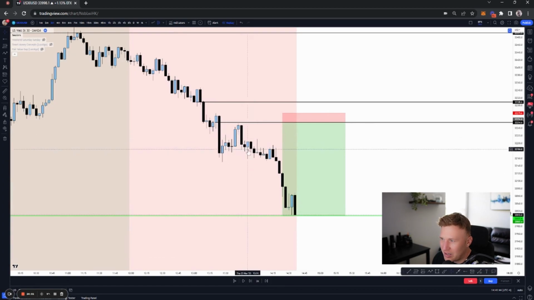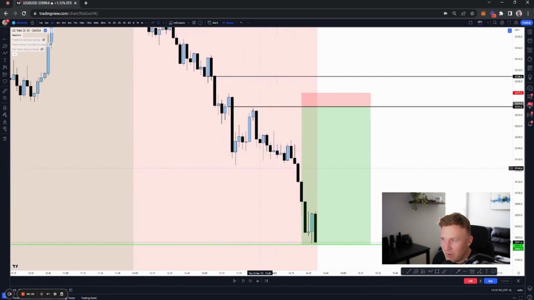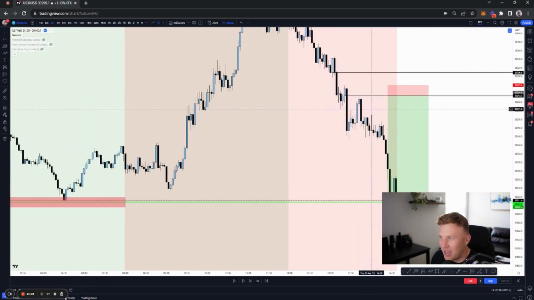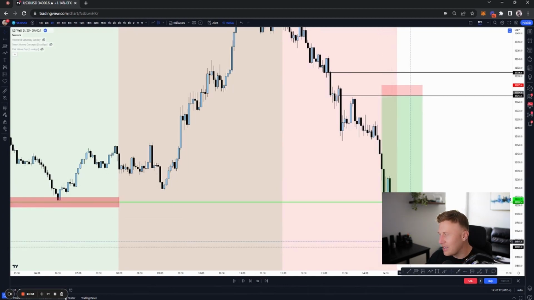Then we started getting a nice little push up above these highs here. You can see even on a lower time frame, it's doing the exact same thing before price actually moves. If you look at these highs here, price wicked above before pushing down. Then we have these equal highs right here. Price pushed up above those highs before the move here, and we can see price then kicked on the jets, gave a nice impulsive move, came down and hit the target and went through it,